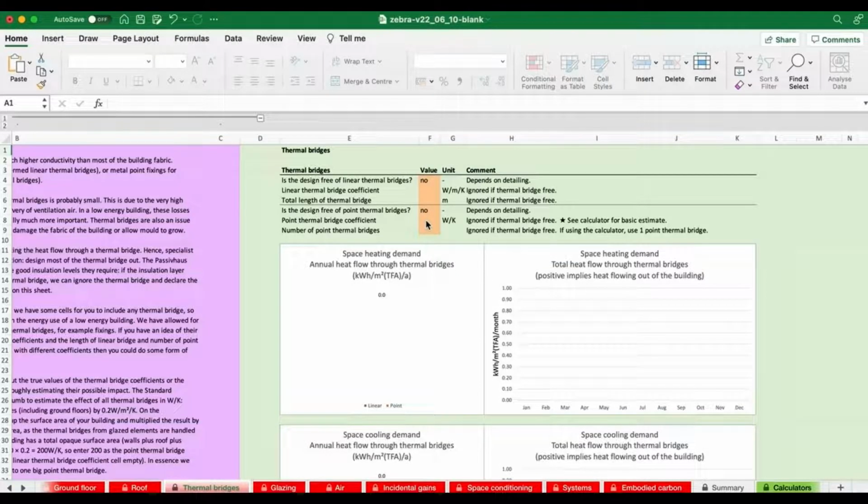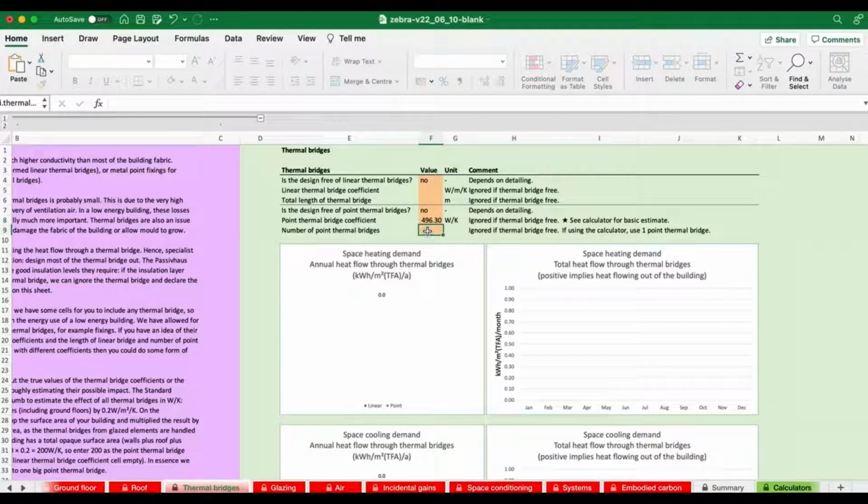And that gives our point thermal bridge coefficient, which is much bigger than it normally is, because we're adding up all of these thermal bridges into one big fat thermal bridge. So the surface area is 4963. By the time we multiply that by 0.1, we get 496.3.